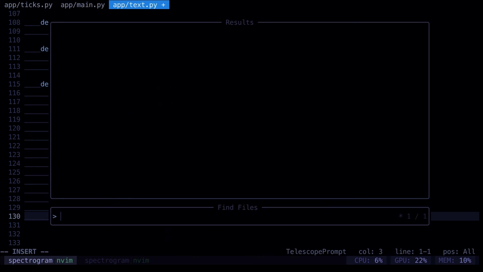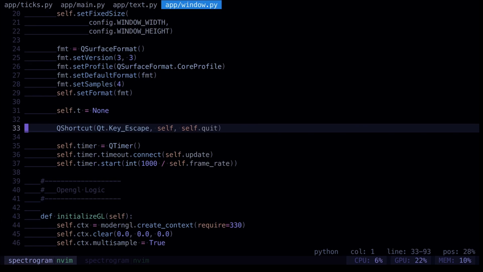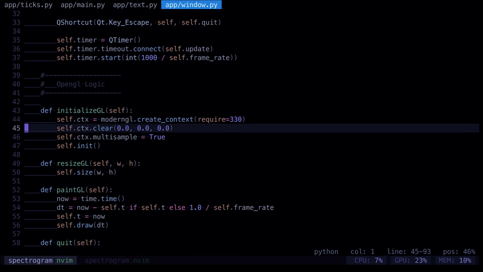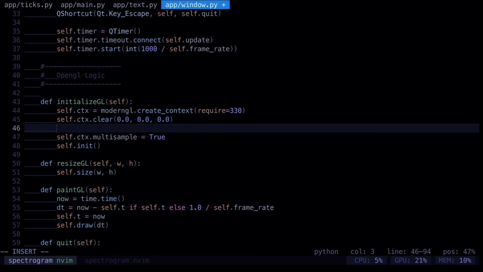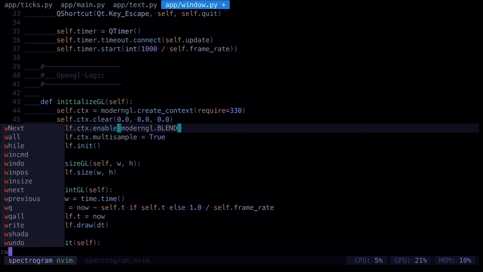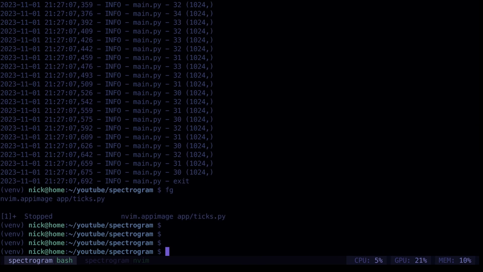We need to go to our window where we set up our OpenGL, and there's something we need to add in here. We didn't need it before, but we do now. So that is underneath our clear. It's going to be self.context.enable ModernGL.blend. And that should do it. We might need to add something else, but